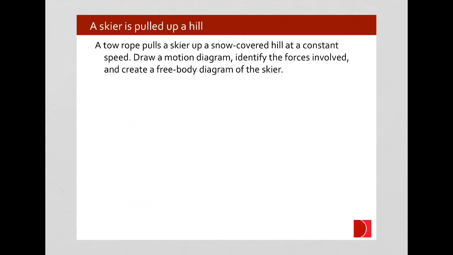Here's another example of modeling motion. Here we have a skier that's being pulled up a snow-covered hill at a constant speed. We want to draw a motion diagram, identify the forces, and create a free body diagram for the skier. And so if the skier is going up the hill at a constant speed, we can kind of give ourselves an idea of where the hill is going to be, and then our skier is going to be going up that hill